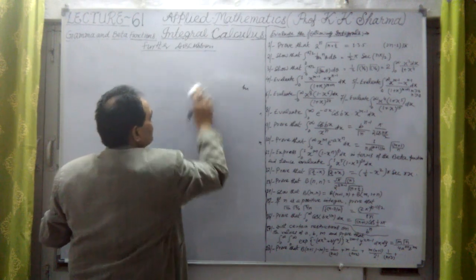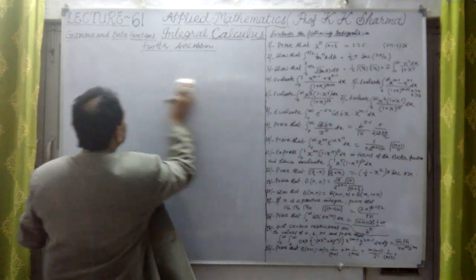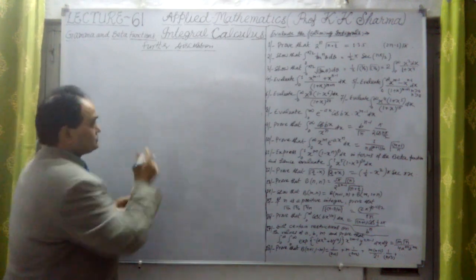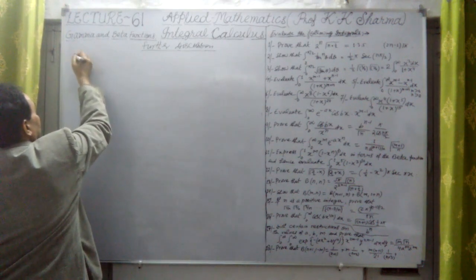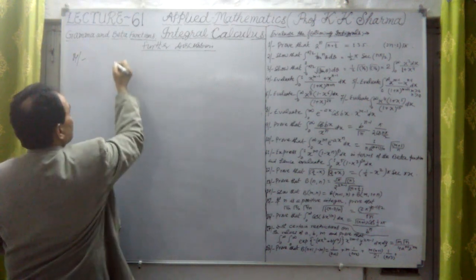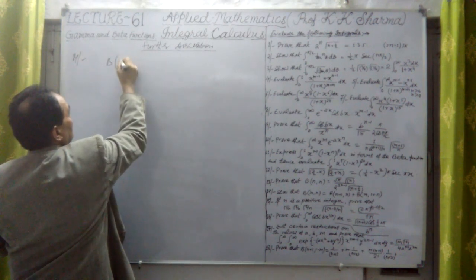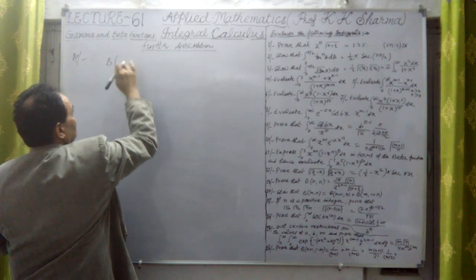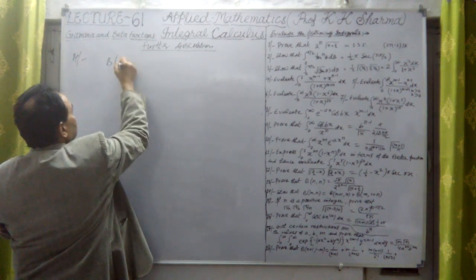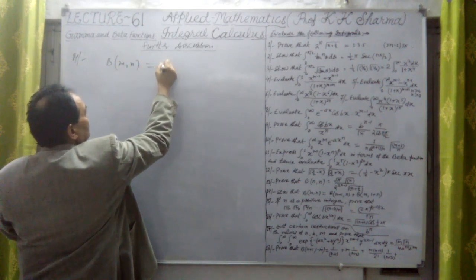Now let me take question 14. What does question number 14 say? Let me check it. Question number 14 will show that beta m n, let me write it first. Beta m n is equal to beta m plus 1, n